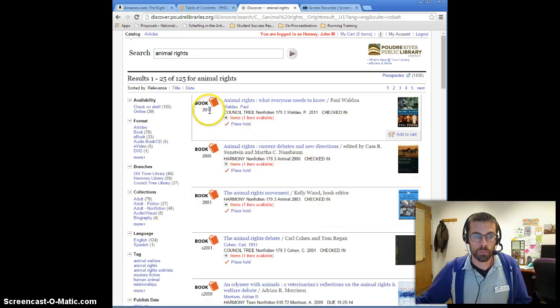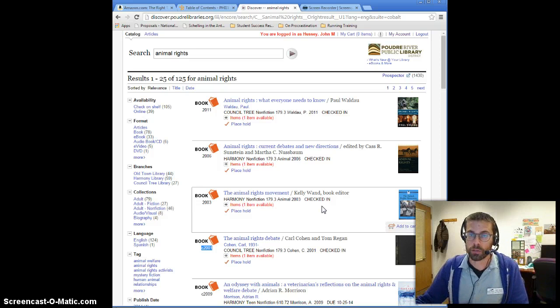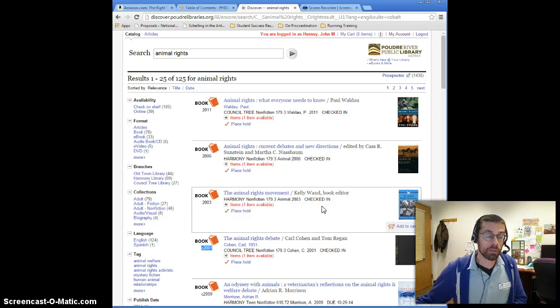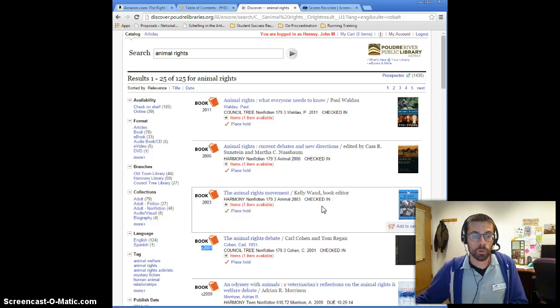And when picking one, it might be a good idea to look at the publication date and see which one is the most recent and the most relevant to your subject. And when you're actually looking at the books in the library, also keep an eye out for the audience that the book is intended for. Is it intended for a public audience and just trying to persuade somebody of their point of view? Or is it an academic book published by maybe a university press or other academic publication? What your goal is for this type of academic paper is more of the academic publisher. Okay, so here's how to find books right in these search bars.